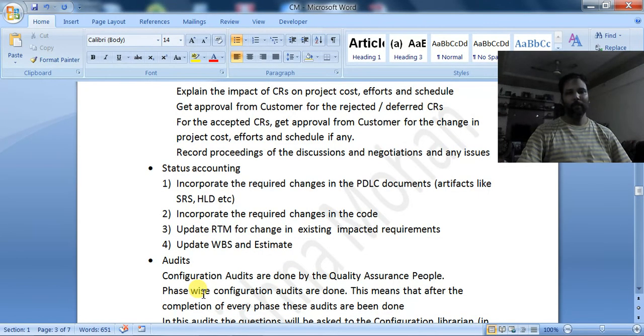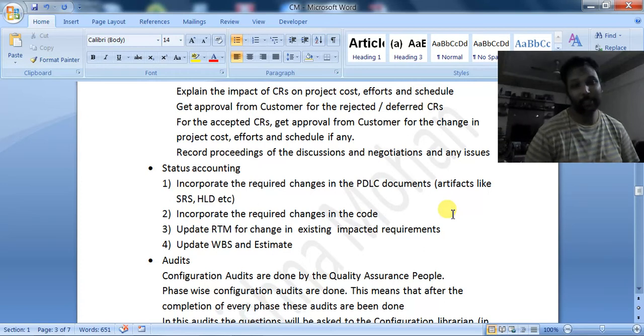Okay, then whenever any changes come in the PDLC or SDLC, software development life cycle or project development life cycle, documents are affected. We have to change the artifacts like SRS, high level designs, test case documents.